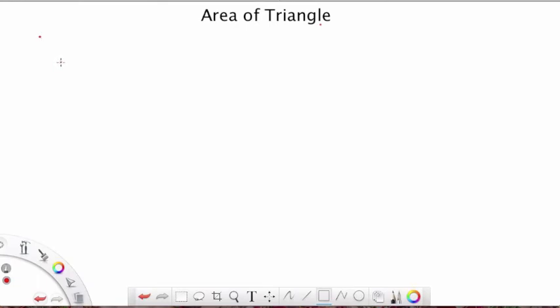Today we're going to discuss how to find the area of a triangle. But I just want to go over some basics, maybe some things that you're pretty familiar with. And before we do the area of a triangle, let's just review the area of a rectangle. Now there we have a rectangle, and let's say